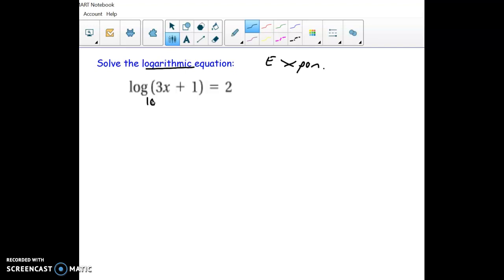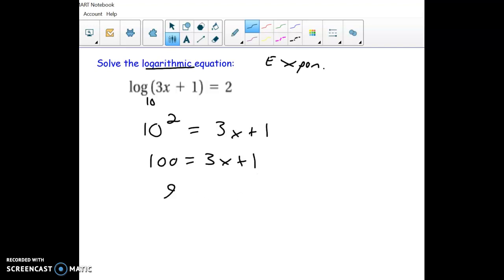So the base is an invisible 10. When I switch forms, I'm going to go base of 10, exponent of 2, right? Log means find exponent, so this is our exponent. Base, exponent, and then just put the value on the other side, and you can see how we're pretty much done now, right? 10 squared is just 100,